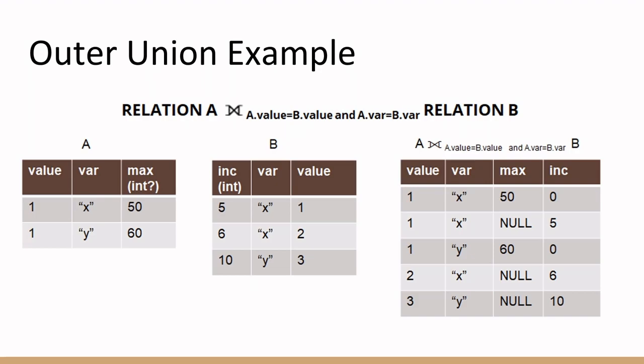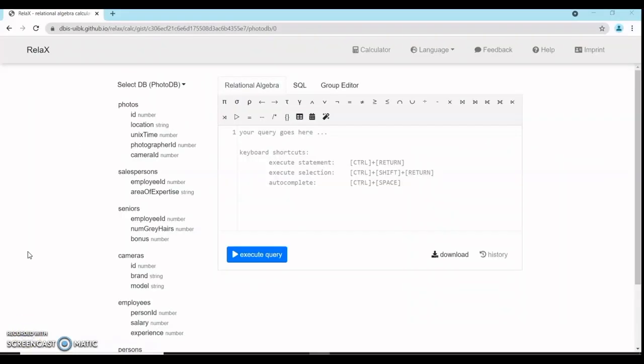When we do an outer union, we merge the common columns, and we will be able to see the tuples of both relations with empty or null values being placed to non-existing data, which will be based on the data type. We can also see in the resulting table that the max column has null values since there's no specified data type, while in the inc column, we see that instead of having the null values, 0 is placed because it has a data type. Let's go back to the Relax platform and load the PhotosDB dataset